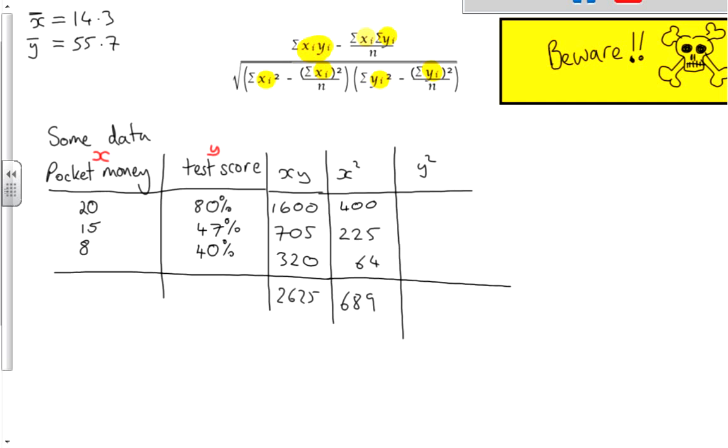And now the y squared column, so we've got 80 squared, which is 6,400. 47 squared, which comes out at 2,209. And finally the 40 squared, which comes out at 1,600. And we add those together, and that comes to 10209. Okay, we'll need to add up the x's, so we've got 80 plus 40, which is 120, plus 47,